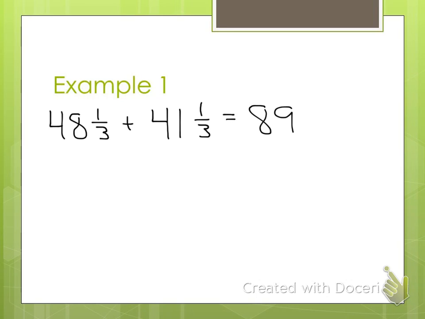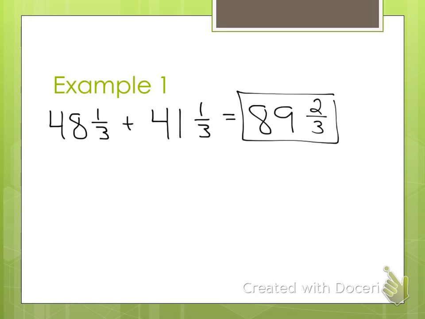Okay, so 89 is my whole. Now I need to add my fractions. So I add them together and I get 2/6. 2/3. Wait, why not 2/6? Because you don't multiply the denominator. Because I don't add my denominators. Okay, I gotta leave those denominators alone. Okay, so 2/3, I bring my denominator over and I add my numerators together, and 89 and 2/3 is